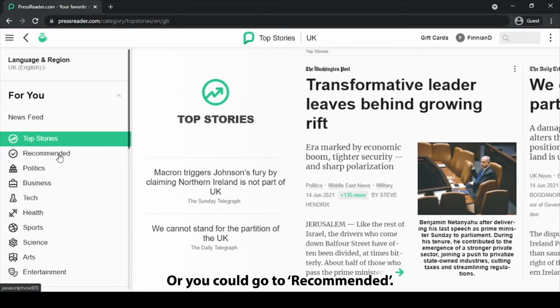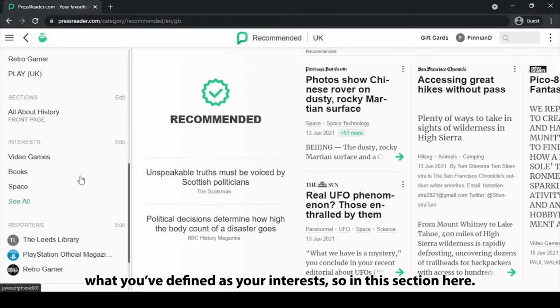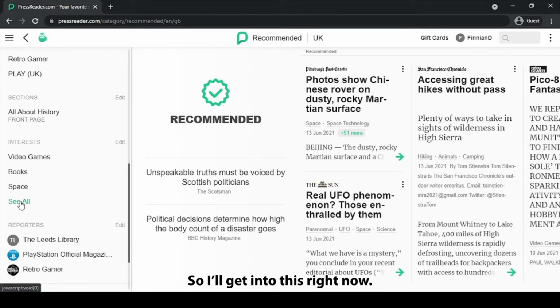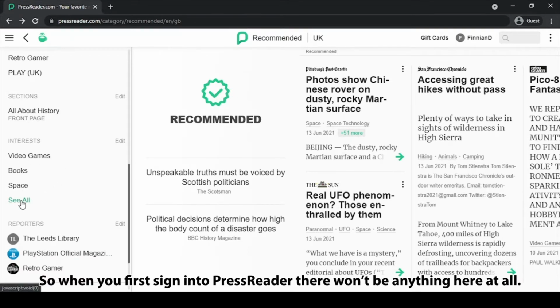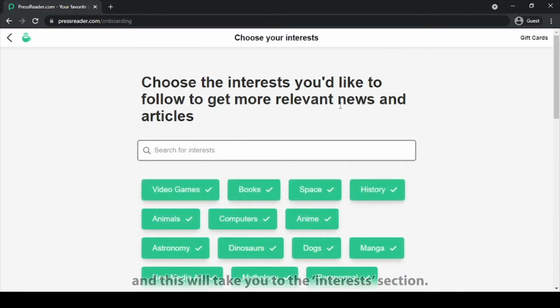Or you could go to recommended. The thing about recommended is that it's based on what you've defined as your interests on this section here. So I'll get into this right now. When you first sign into PressReader, there won't be anything here at all. What you have to do is go to this little edit button here, and this will take you to the